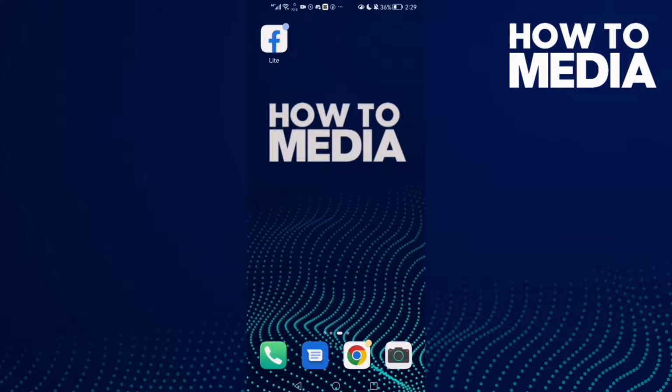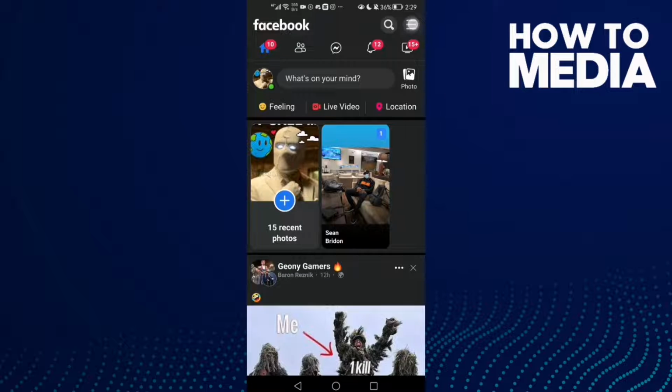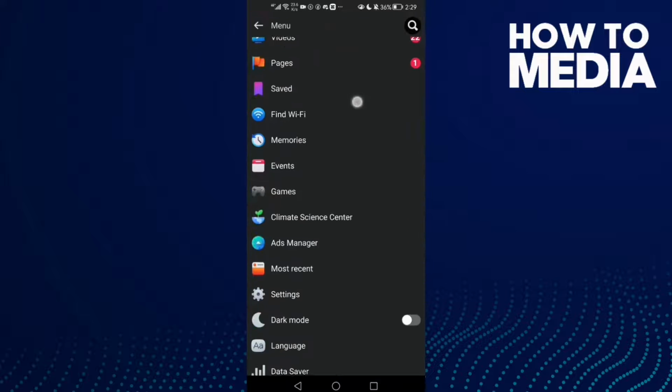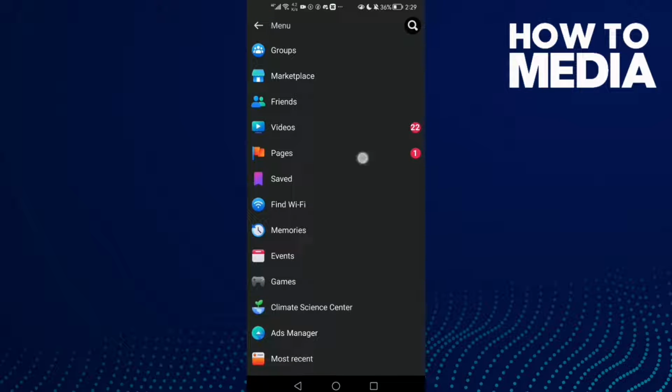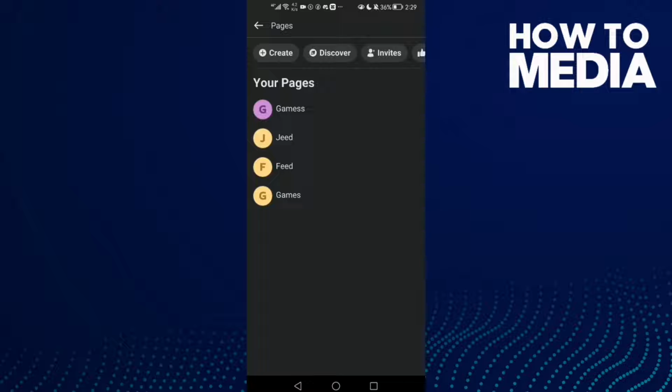First thing, go to Facebook Lite and then just click these three lines in the top corner and scroll down until you find here pages, and then click select your page,